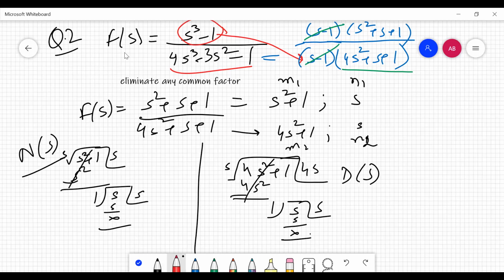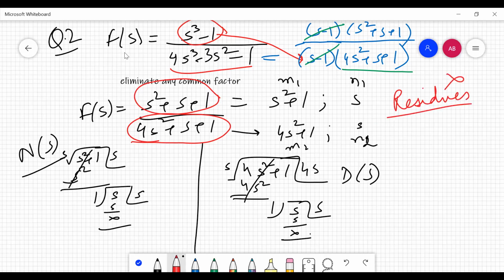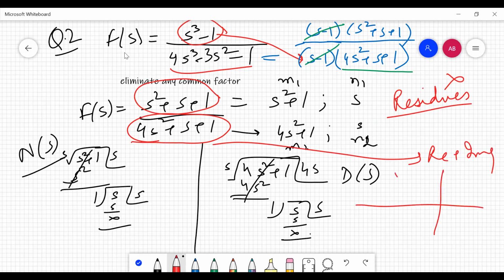Again, you see that these are quadratic polynomials, so you need not calculate the residues here. No need to calculate, because the poles you get will be in terms of real plus imaginary parts. I am repeating again and again, you only need to calculate when you have got imaginary poles on the imaginary axis, which we are going to discuss in the next numerical. So this completes this part, and now we come to the last condition.